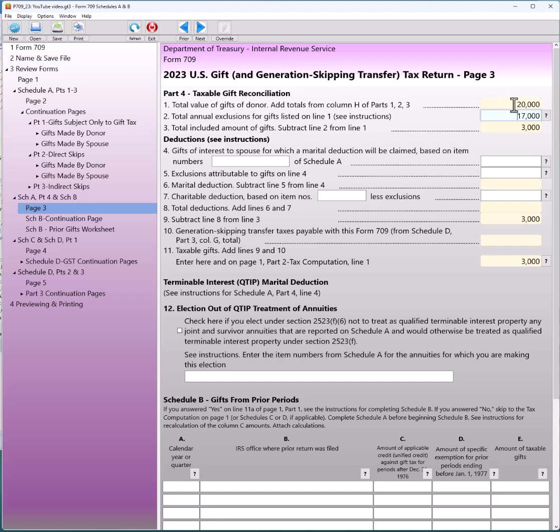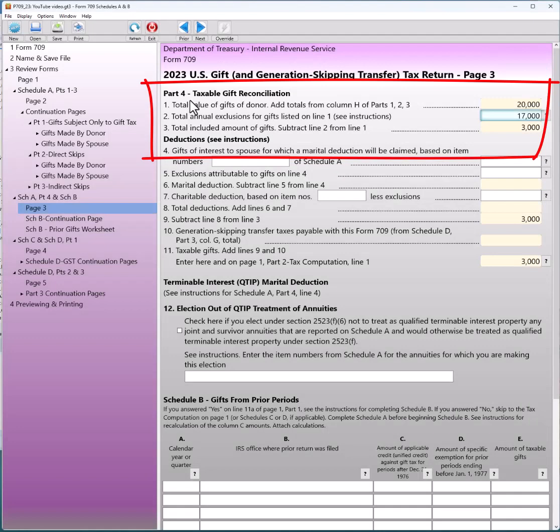Okay, well, hey, but anyway, this is what happened to that $20,000. You see where we go? We're going on to Schedule A, Part 4, and there's that $17,000. The program knew right on that score. Sometimes it gets confused. That's why this is overridable, but in most instances it guesses pretty good. I was just about to ask that. It's overridable. Yep. And so the balance here is $3,000.